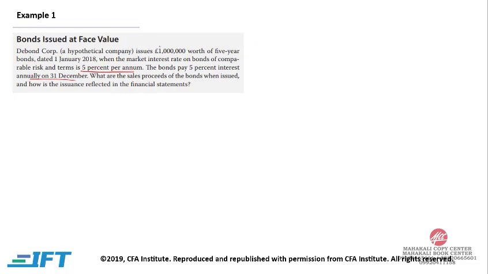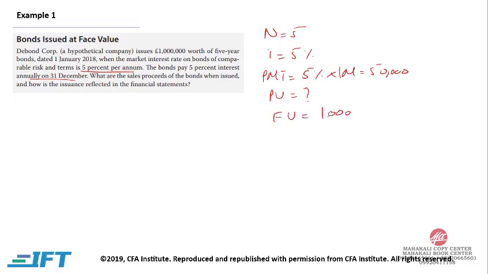Now, we have issued a bond and N equals 5 because it's a 5-year bond. Interest rate is 5%. PMT or coupon is also 5% multiplied by 1 million. This is 50,000. Present value is what we need to find out, and future value or the face value is 1 million. Now, because interest rate and coupon rate are both the same, the present value will also be 1